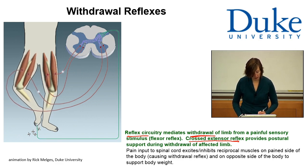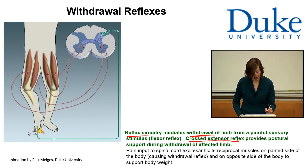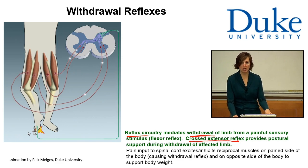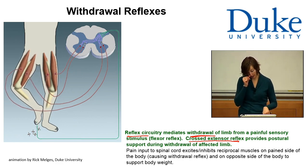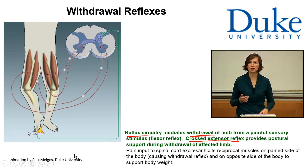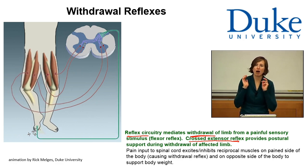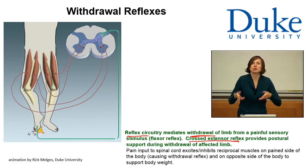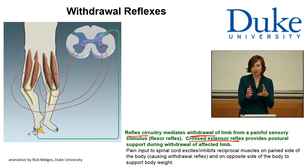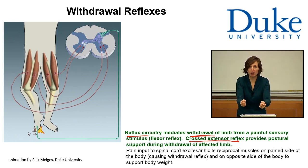And so we're getting reciprocal innervation of each leg and causing opposite effect in one leg versus the other, to withdraw one leg and extend the other leg. And again, this sort of reflex can be modulated by the brain. So if you pick up a hot plate, your reflex is going to be to withdraw your hands. However, if that plate is really precious china, or it's got your favorite meal on it, you might be able